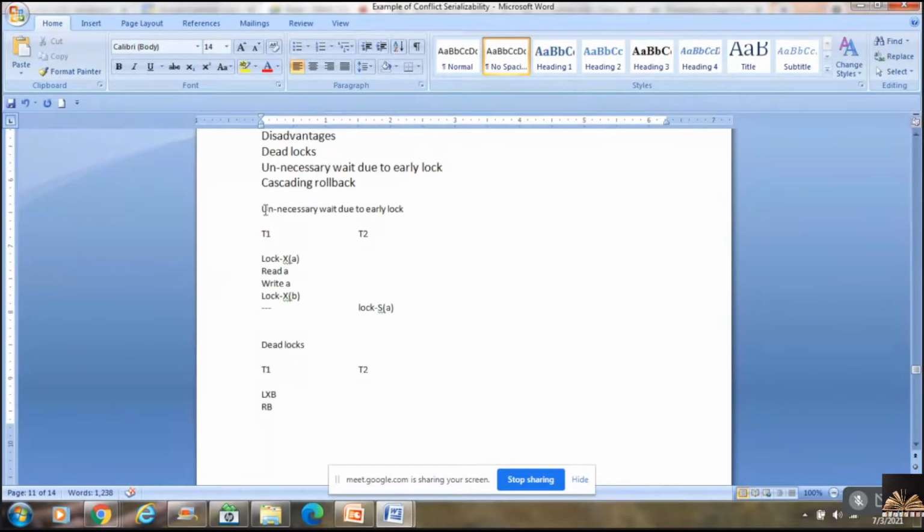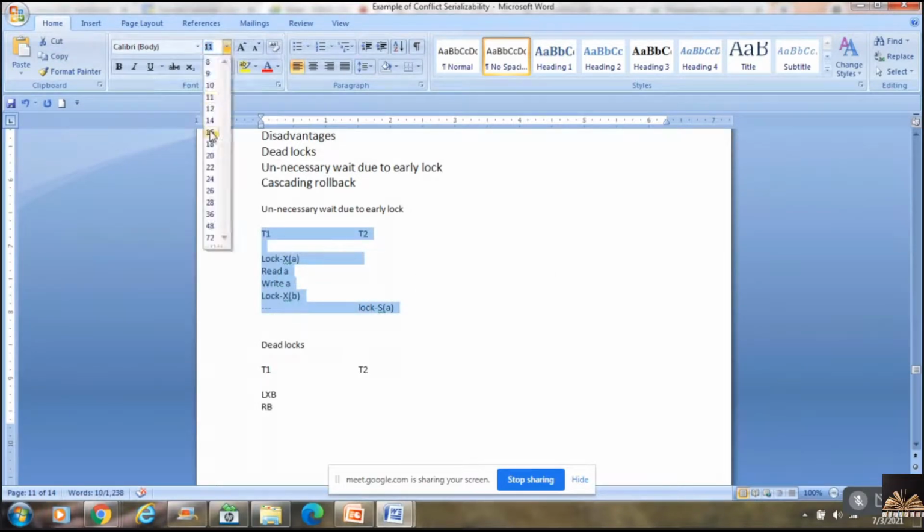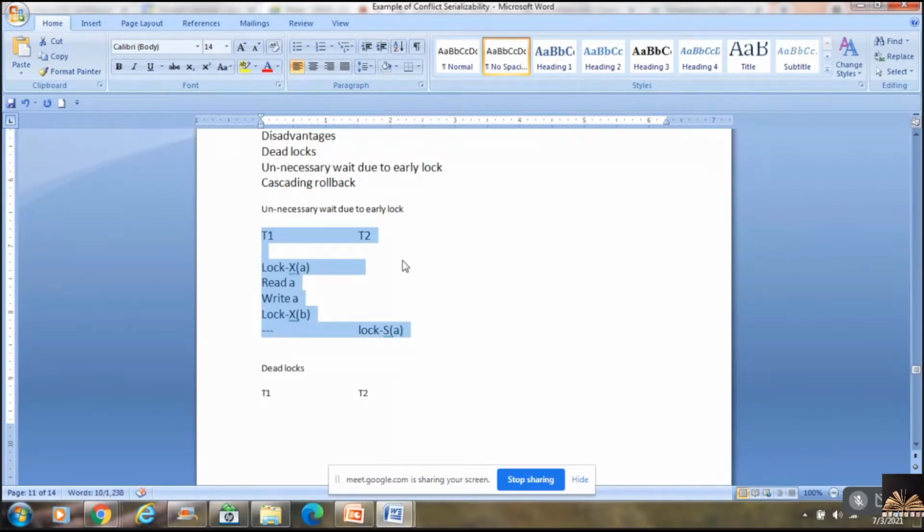Okay, see, unnecessary wait due to early lock. Now, there are two transactions. This is an example of the simple two-phase locking protocol. So see what I'm trying to do. Lock X on A, read the value of A, write the value of A. I'm just trying to work with database item A. After this, read A, write A, and lock X of B. And after that, there is much processing.